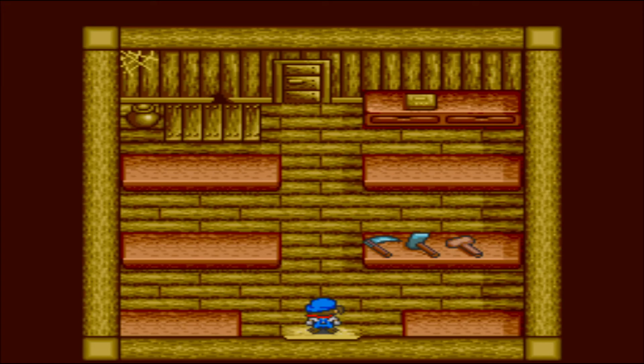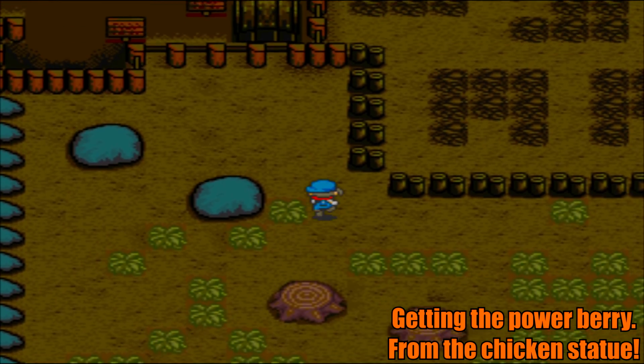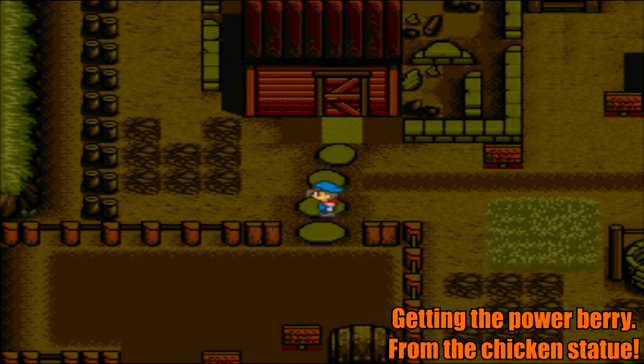So what I need to do now is grab the hammer. The reason why I thought that the chicken was not there is because I was remembering the fact that you have to destroy it to get a power berry. You destroy it to get the power berry. So yeah, we're gonna go destroy this to get the power berry,